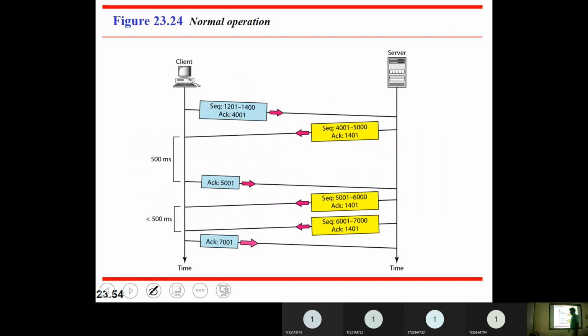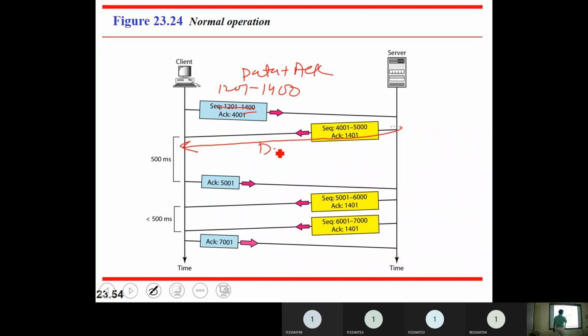So now we shall see how normal operation takes place. You are sending some data with sequence number 1201, and the data in that segment is from 1201 to 1400. That means 200 bytes of data is there, and you are saying to the server, I have received till 4000 bytes and I am expecting 4001. So it is sending acknowledgement along with data. Okay, this is data plus acknowledgement.